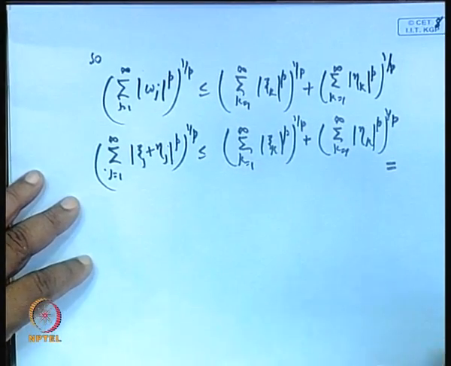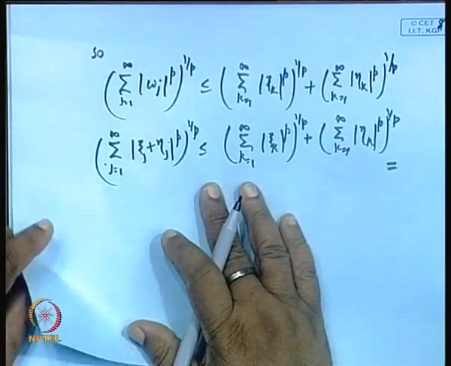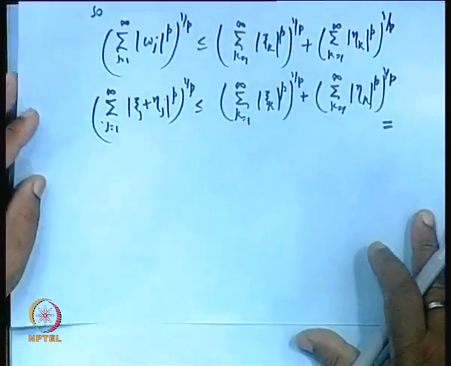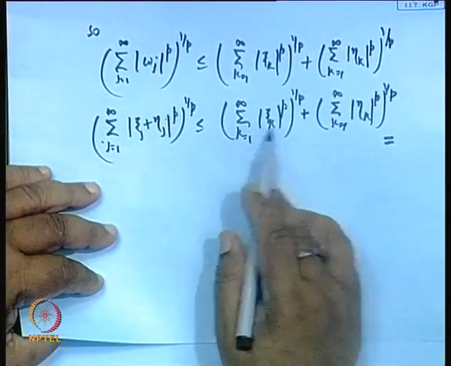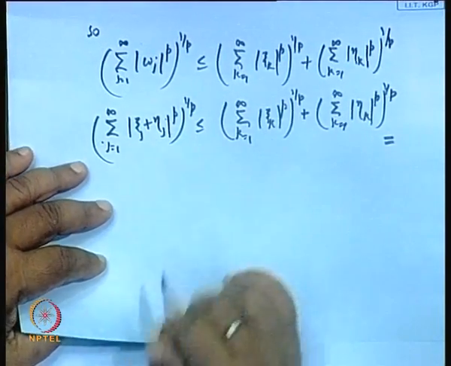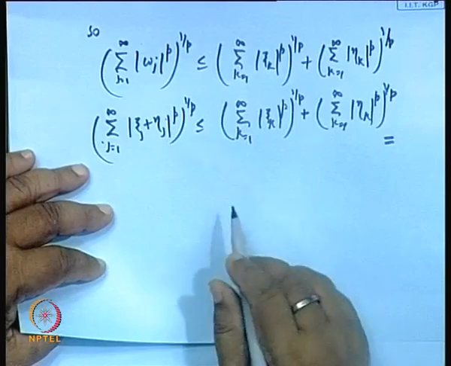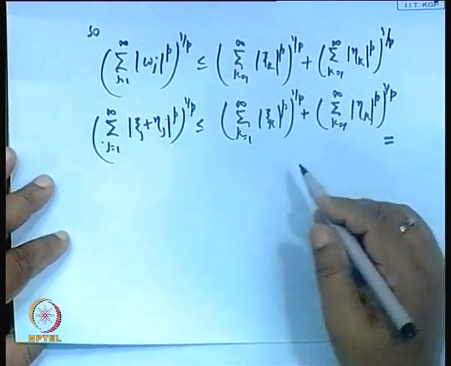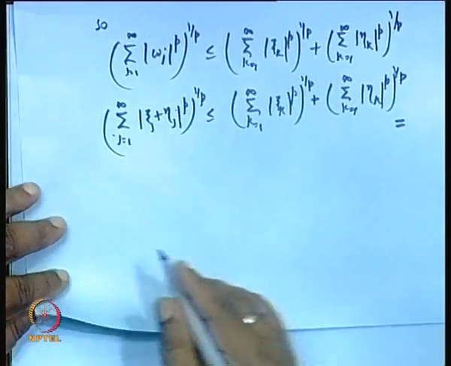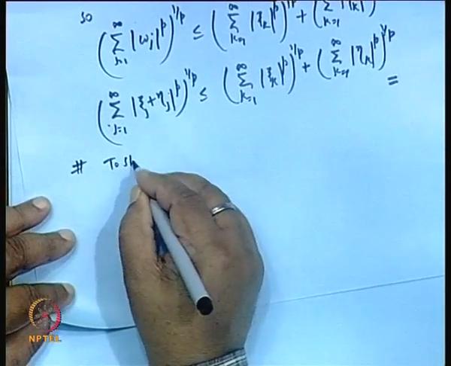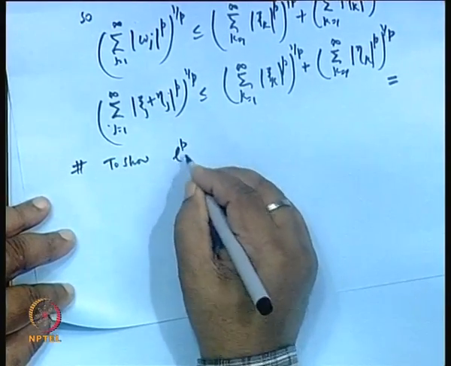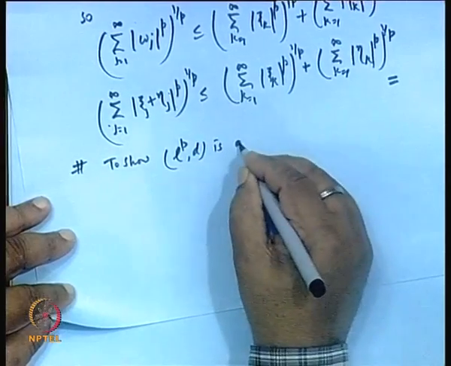Okay. Clear? Now, this inequality also gives the guarantee that this series is convergent, because this is convergent, this is convergent and this is convergent, and further it is also used to justify that LP is a metric space under this. So, now to show LP under that metric D is a metric space